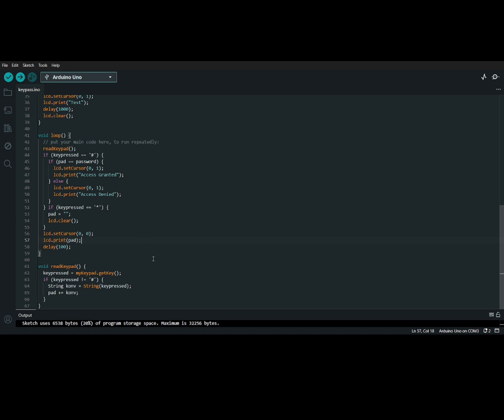And then we have this void readKeypad. This is if the keypad is pressed, then we can get the key of the keypad. And then we have this condition if key press or not, if hashtag is not pressed, then string code is strictly increased, the pad is equal to